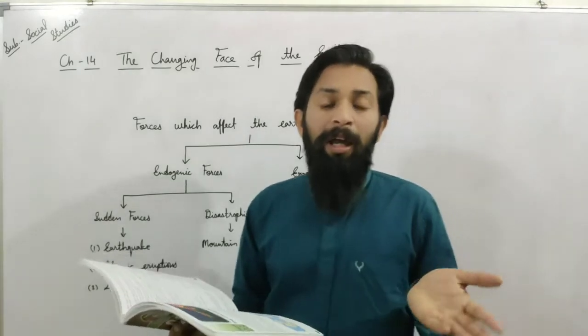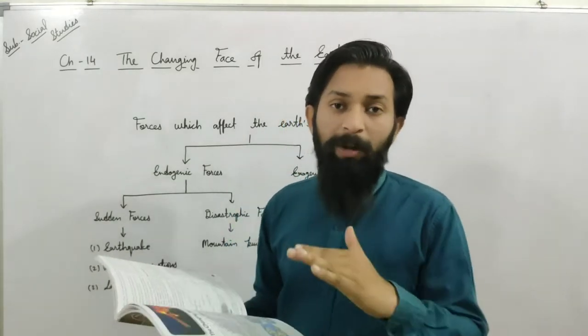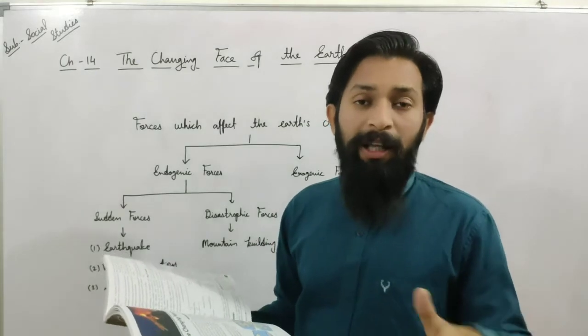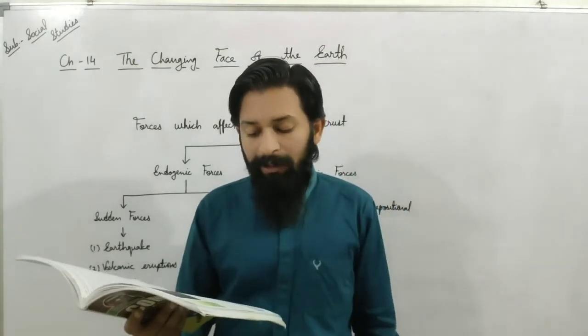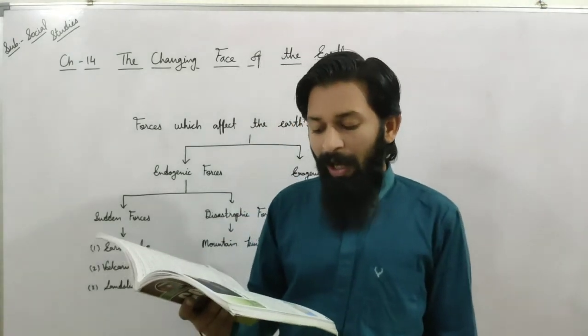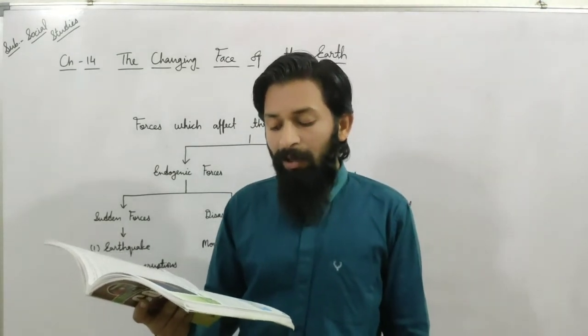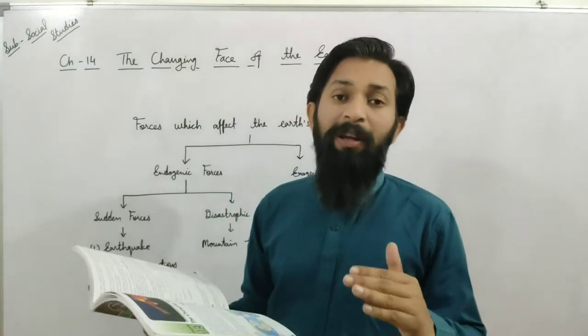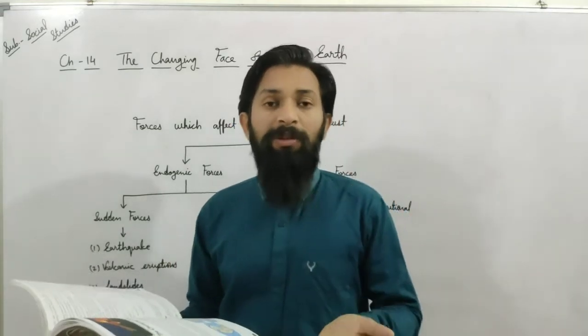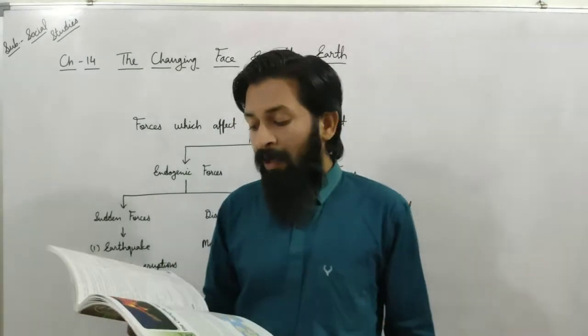If any changes take place outside of the earth, then we can watch that clearly, but inside of the earth what is going to happen, we don't know. The most acceptable theory was propounded by Alfred Wegener, a German meteorologist, in 1912. Meteorology is the department in which we study climate or weather.